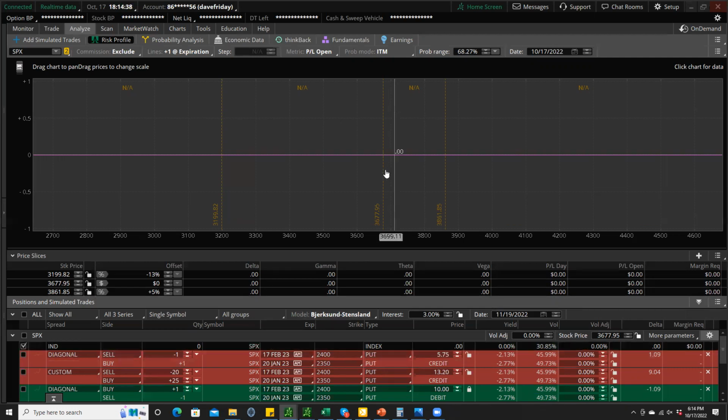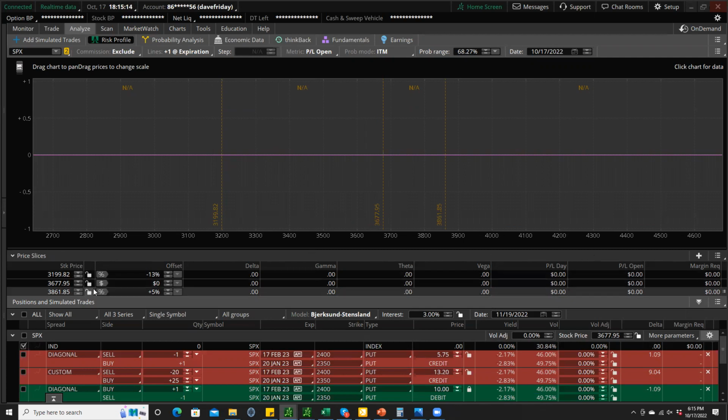All right, so this is that same thing that we saw before, the risk profile. This gives us our P&L. Anything above the 0 line is a profit, anything below it is a loss. This represents the current price of the security, the different ranges it could be in. This would represent a potential price. This one in the middle happens to be the current price of the SPX, which happens to be today at